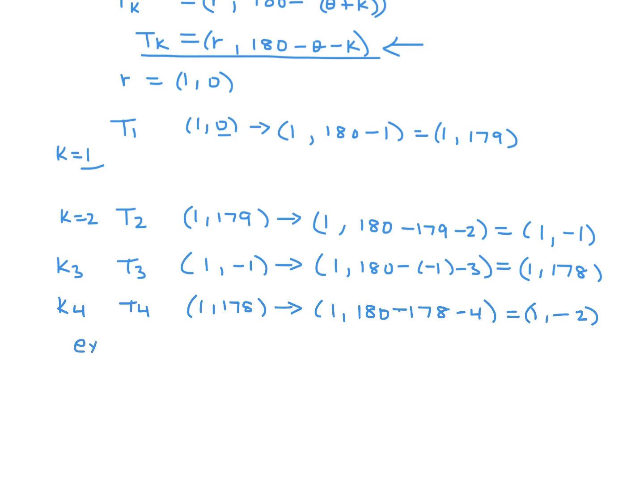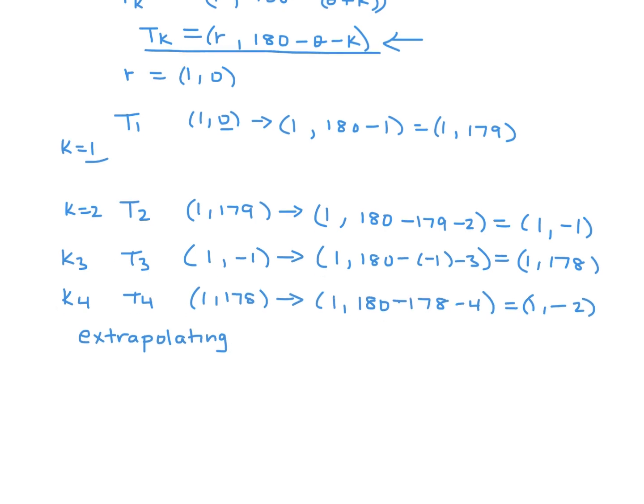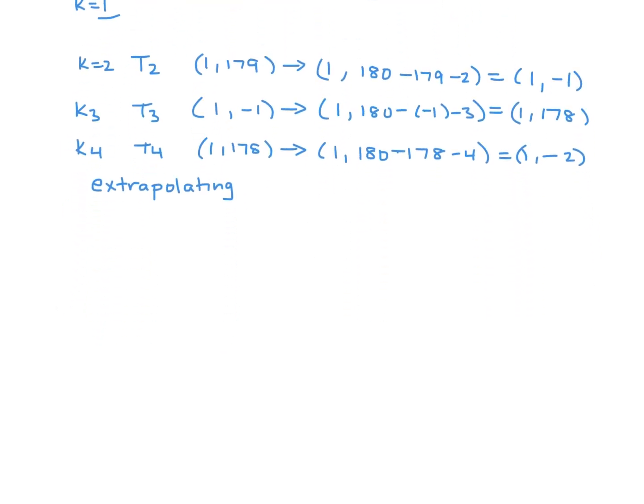And if you extrapolate this, extrapolating, you basically get the following. When you have an even value for K, it becomes 1 minus n, like that. And you can verify that for these guys. And if it's an odd 2K minus 1, that kind of story, it becomes 180 minus K. So for example, when 2K minus 1 is 3, that meant that K was 2, and that's why we got